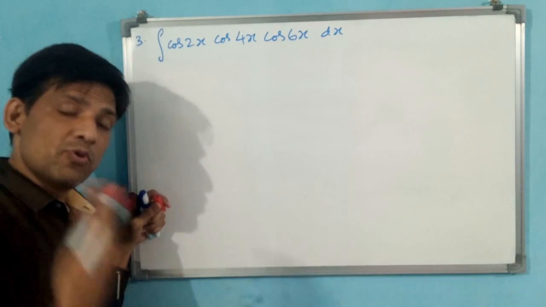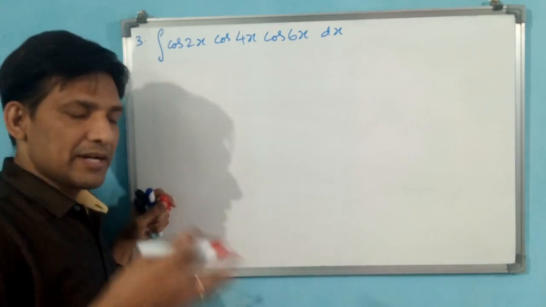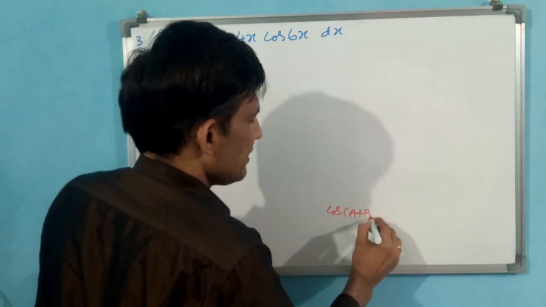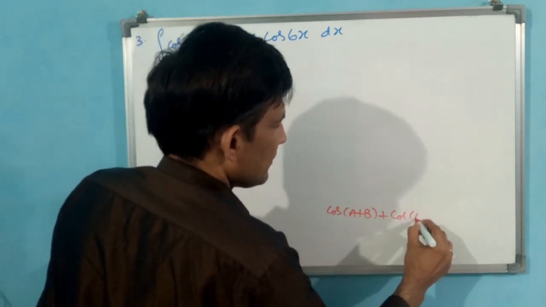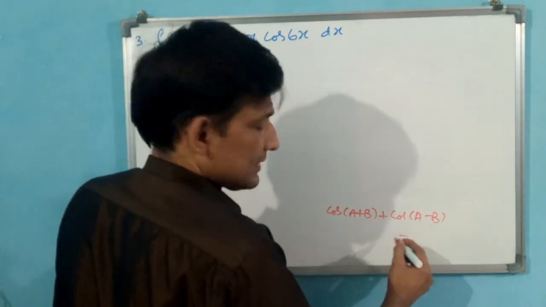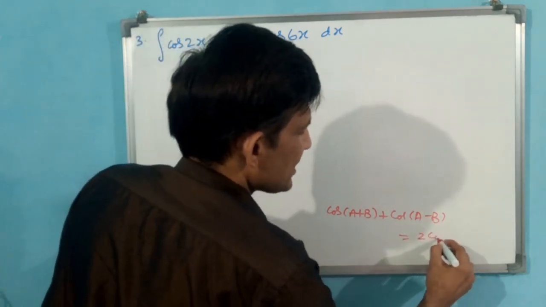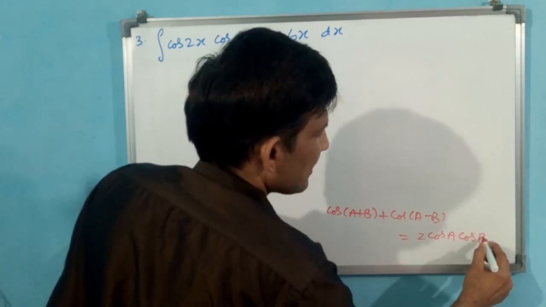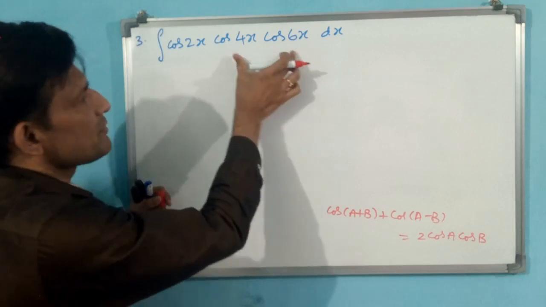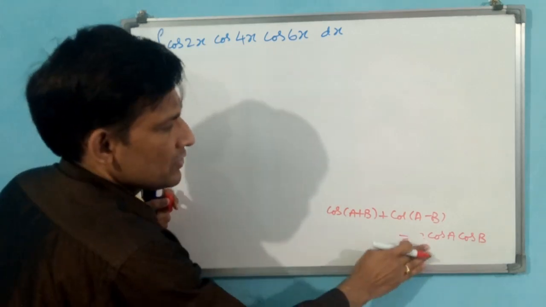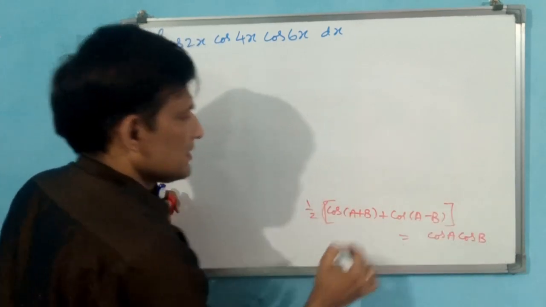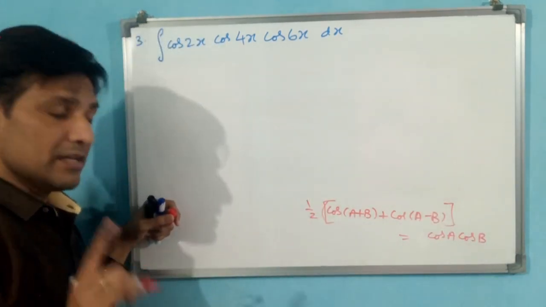See, for cos, both cos will come for positive addition only. Okay, you see what I am writing here. Cos of a plus b plus cos of a minus b is equal to both cos, but addition. When you do addition, then only 2 cos a cos b will come. Okay, and here only cos a cos b are there, like you think. These two you transfer this side. Okay, this is one logic.